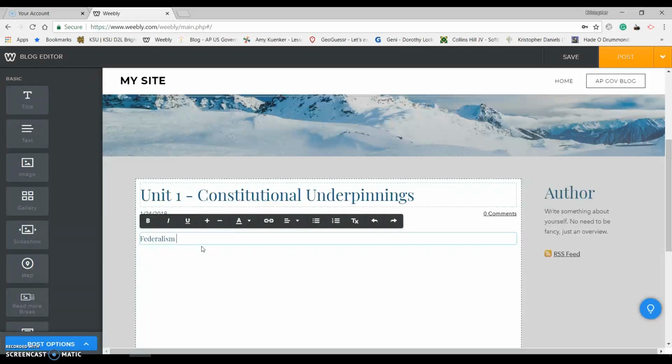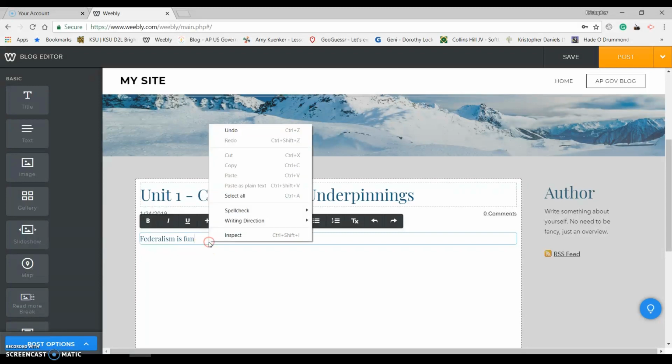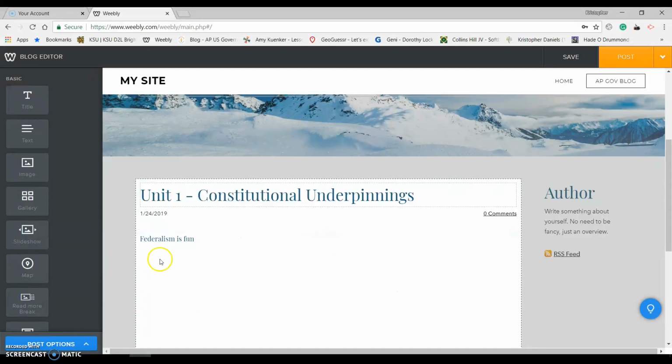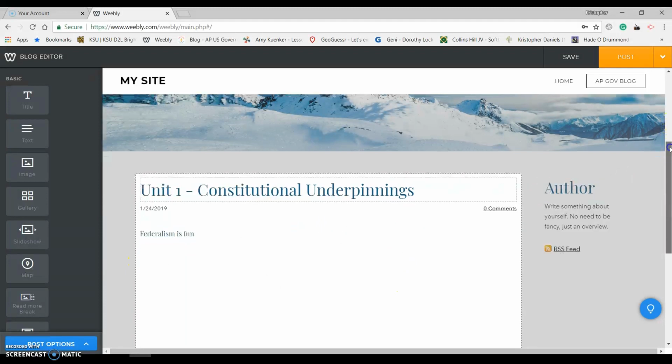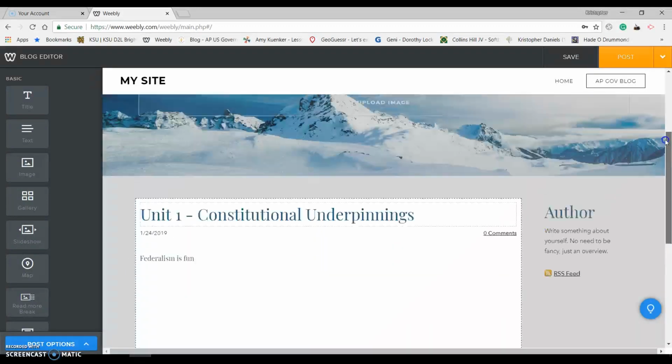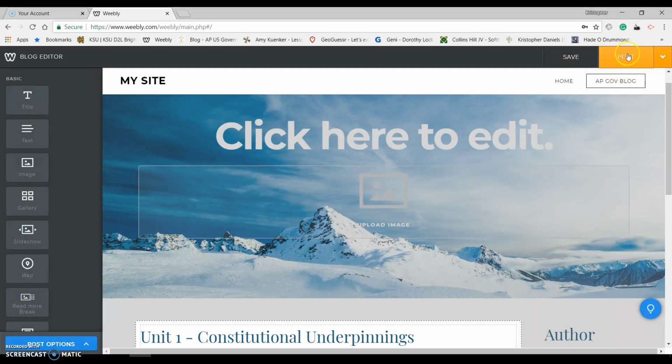Federalism is fun. All right. Or whatever. Obviously, you're going to have some. You can also just cut and paste. All right, so you have that option there. I haven't copied anything, but you can paste your Word document into there quickly and easily. All right. Once you are done, you are ready to go, and you just come up here where it says